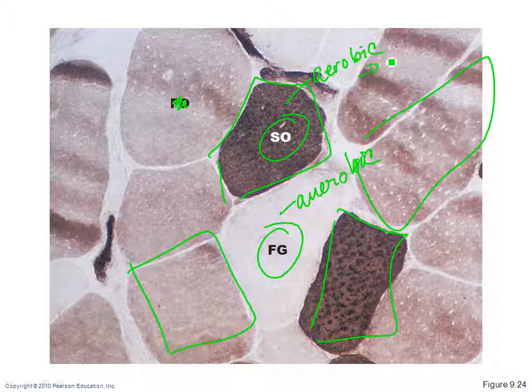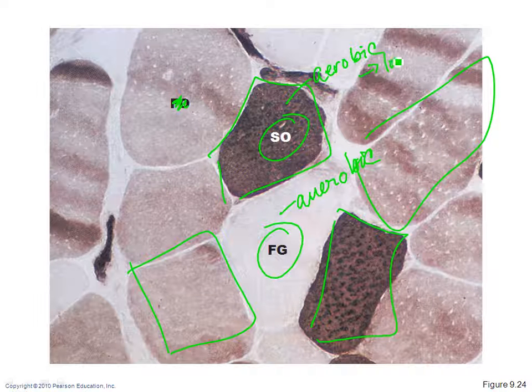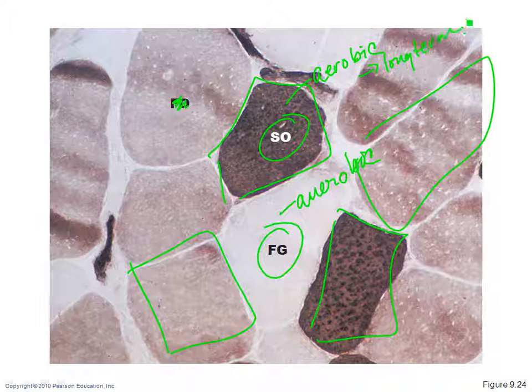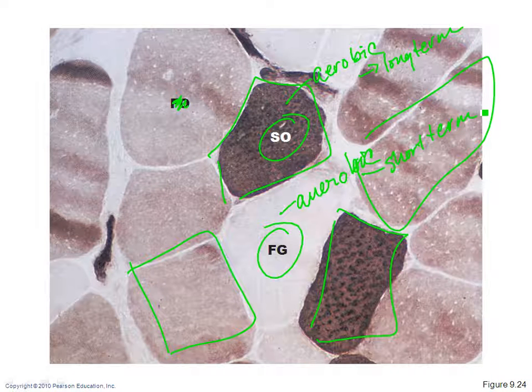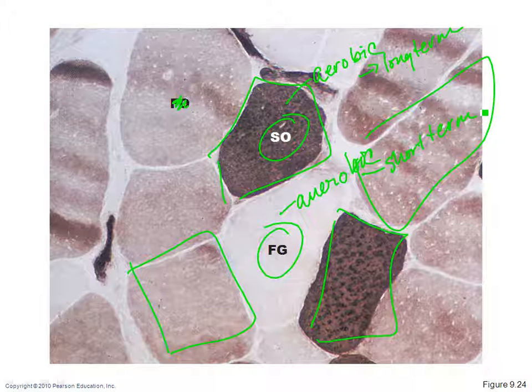Aerobic, long-term; anaerobic, short-term. The other thing I want to point out is, I keep saying it's genetic, but is some of this